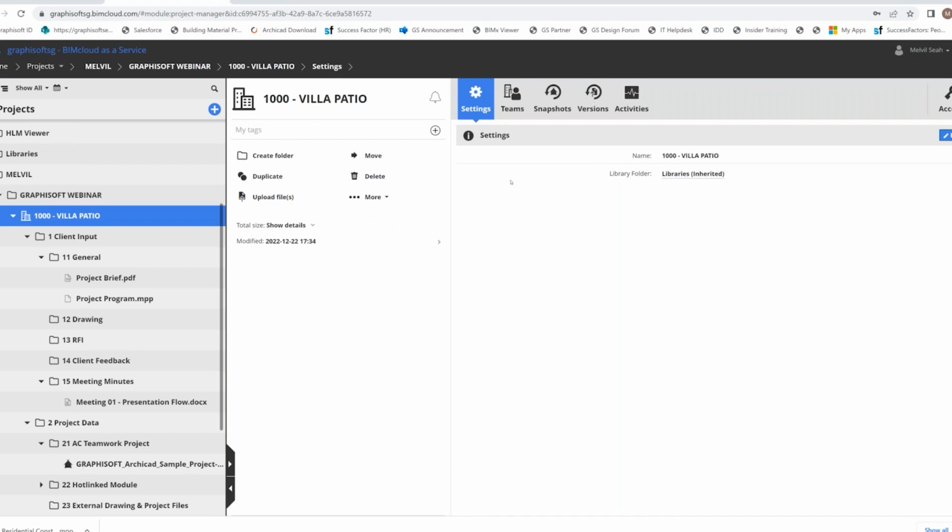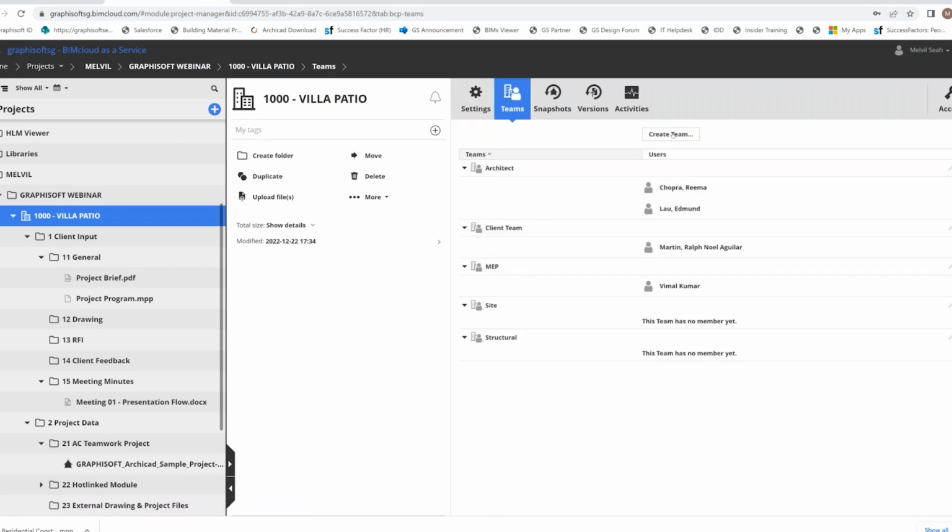Under the settings, if you make any settings over here, all your subfolders will inherit these settings. If I edit, because my BIMCloud project is under this folder, I can define manually from Archicad, or I select a folder. Otherwise I will inherit the libraries from the project root. So I'll cancel, and if I go to themes, I can create themes, and I can add in different users anytime I want.